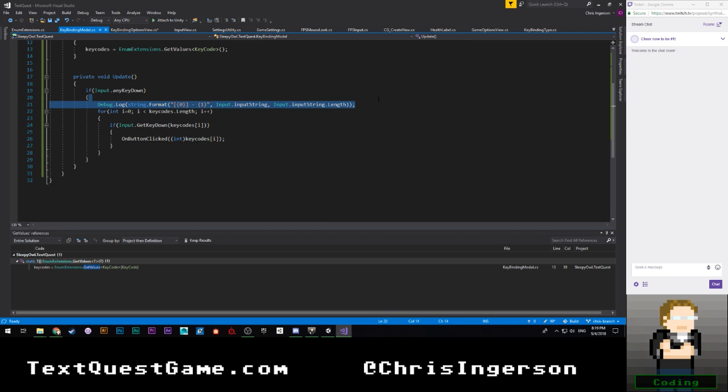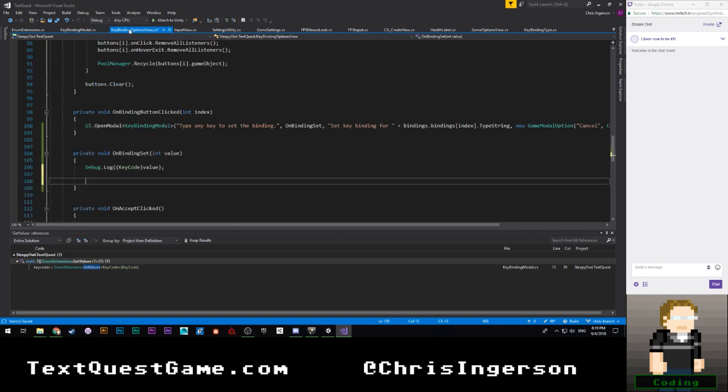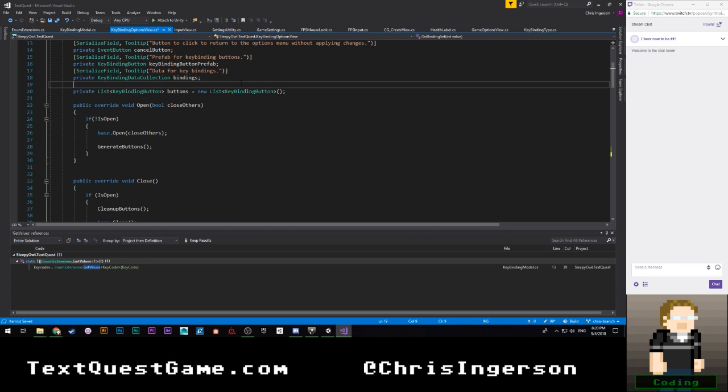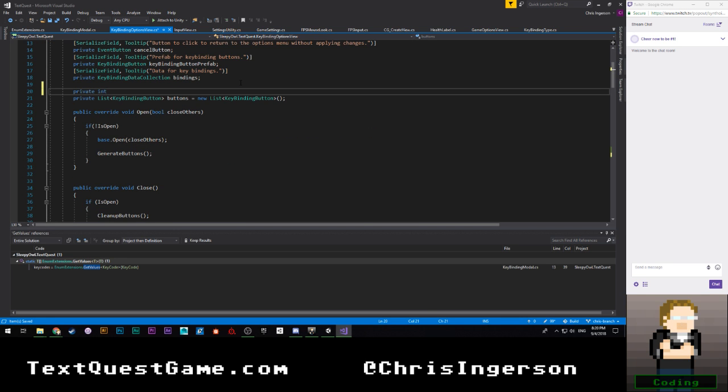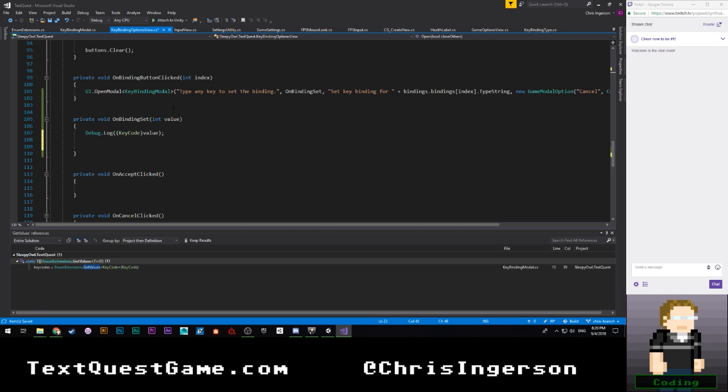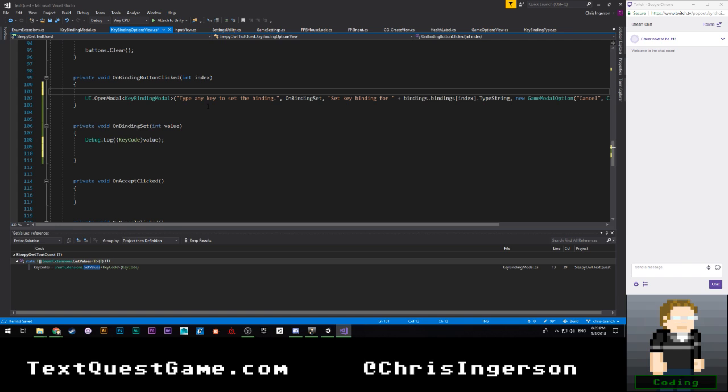I don't need this anymore. And we will attempt to set it. So before we do anything else, we're going to do a couple of things. We're going to say private int active index is equal to -1. Okay. Then when we click on a button, we're going to say active index is equal to index. We're going to come down here and on binding set, we are going to say,